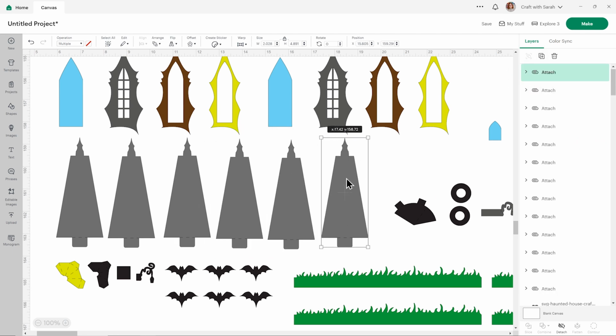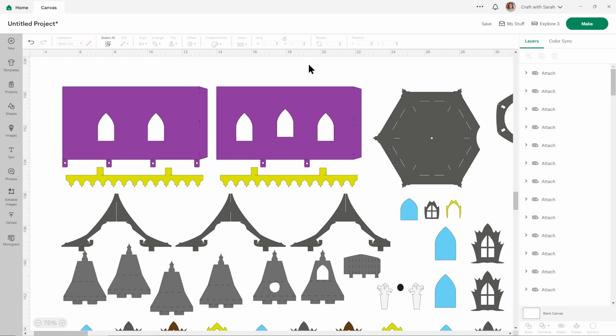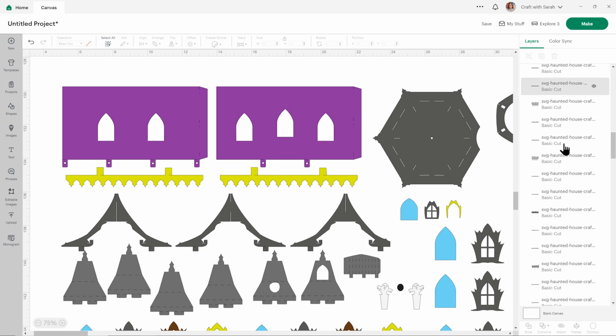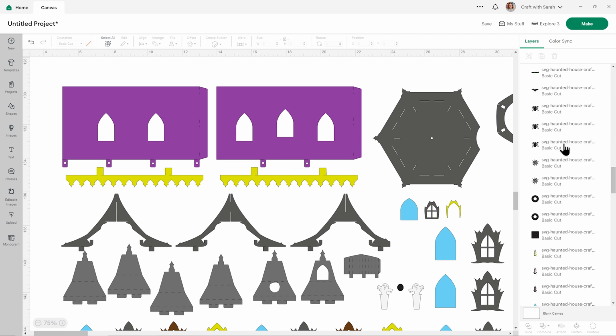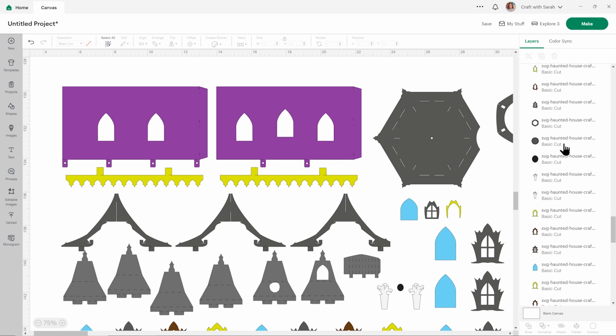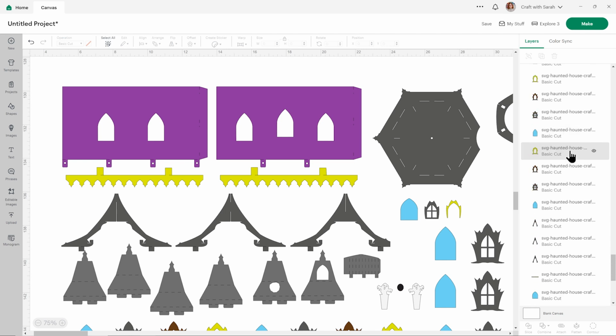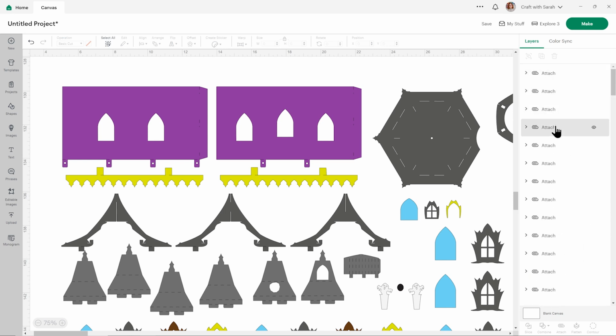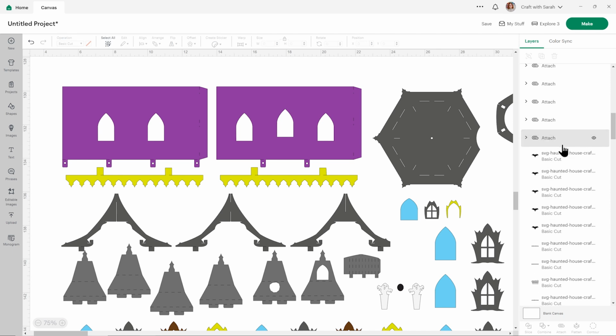And that's just a little quicker than formatting those score lines for each of the 6 original pieces one at a time. I've now completed all of the score line formatting, and I know this because when I scroll down all the single layers, there's now none left at the bottom that have that little arrow next to them to show that they're in a group. Instead, they've all been changed into these separate attached layers near the top of my layers panel.